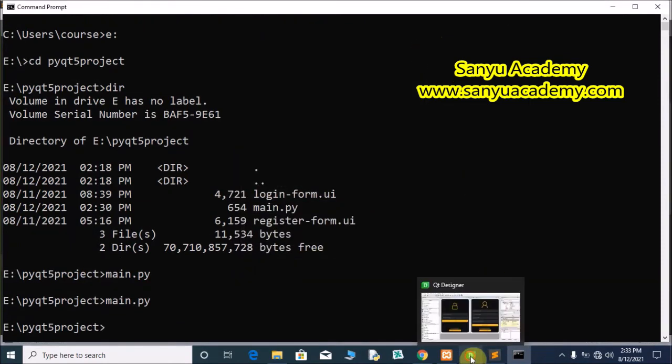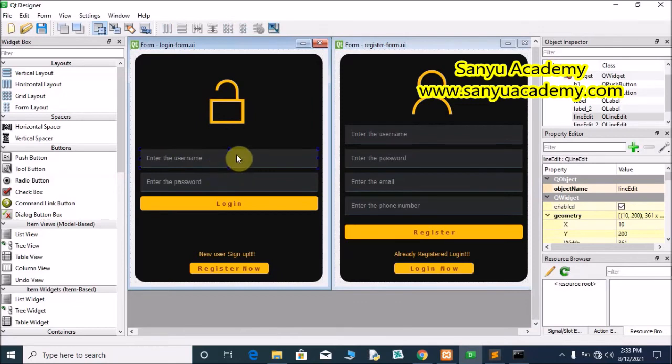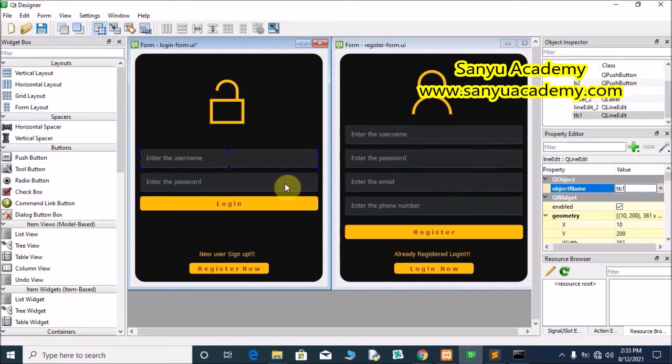Open the Qt Designer, select the login form, change the object name of the username input. tb1, I give text box 1. For the password I give text box 2, tb2.